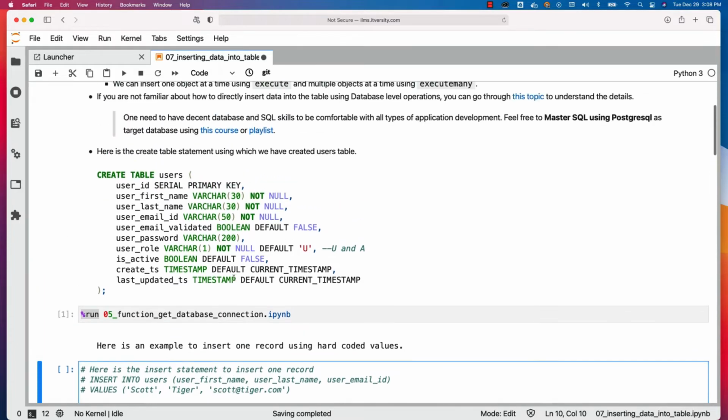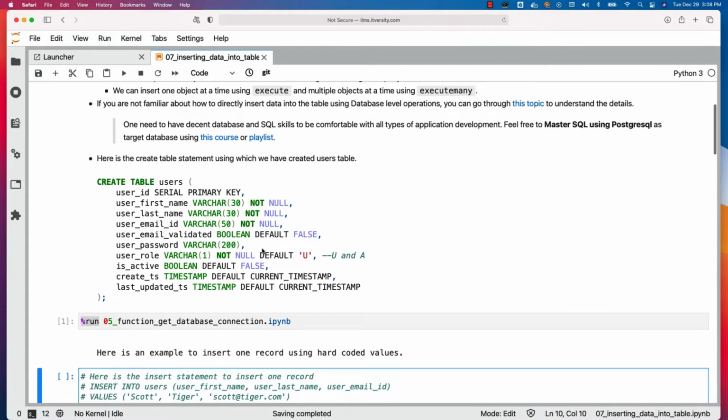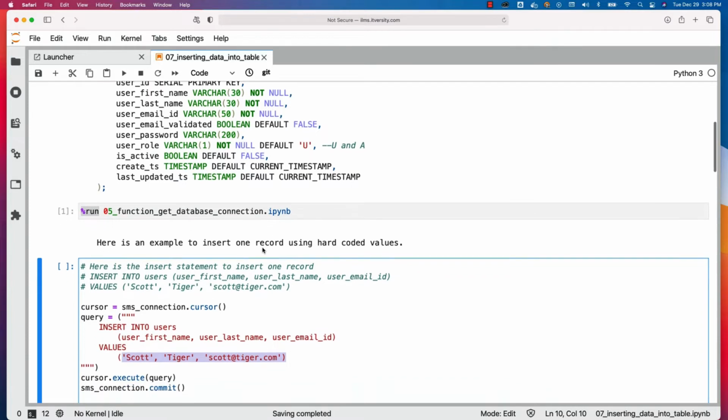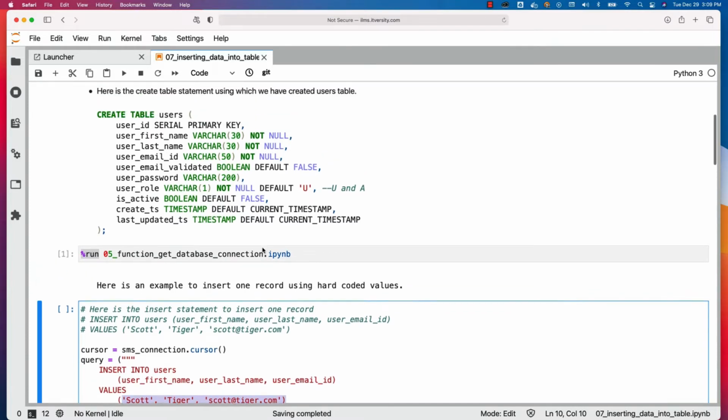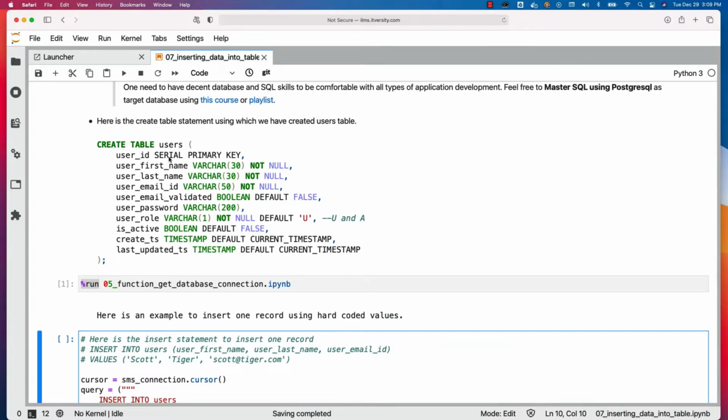If you go back to this create table statement, user ID is a serial and also it is a primary key. As it is serial, the column will be populated using a sequence. When it comes to first name and last name, we don't have any defaults and they are not nulls, and hence we need to include first name, last name, and also email ID. So we need to have the values for all these three columns, then only we will be able to insert data into the table. For all those where we have defaults, the defaults will be inherited. For the user ID, which we have defined as serial, the sequence will be used to populate.